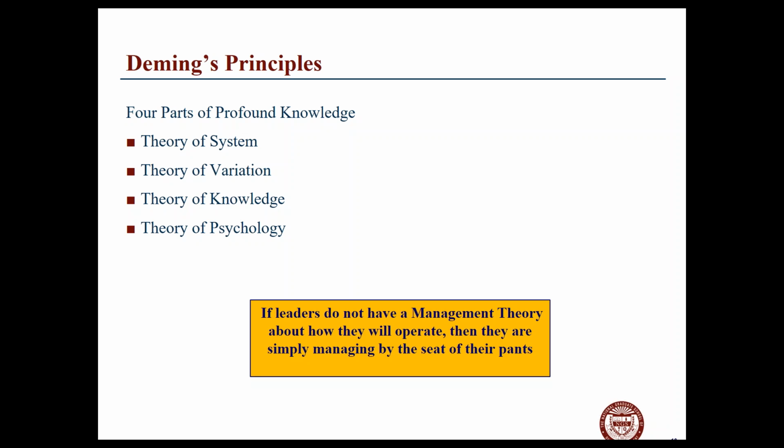So the idea is that you really need to look at an organization. We'll give you a couple of templates that are going to help you with that, but understand that theory of system: whatever you touch, whatever you improve, there are going to be other parts that will be affected by that. And when we talk later about the Baldrige criteria, this is really helpful for seeing how you might do this. Theory of variation is the other thing he was really big on, is that there are no 2 processes the same. There are no 2 products identically the same. And the idea is that things vary, and you want to decrease the amount of variation. As we talked about before, you really want to have a consistent, predictable process.